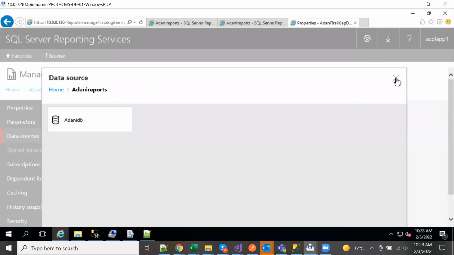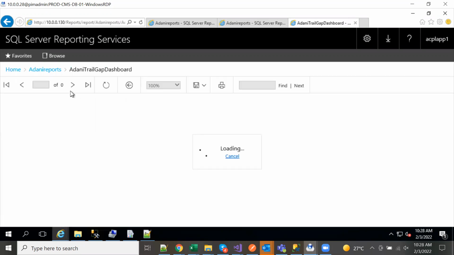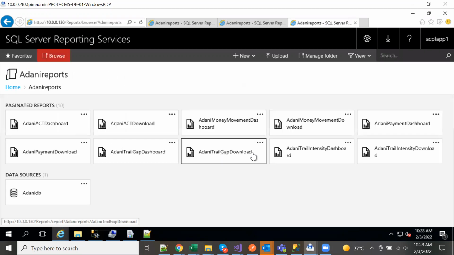Okay. So that's the linking between the data source and the RDL file. Okay. So likewise, you will have the trail gap report, trail intensity report, payment dashboard, money movement, right? ACT. So you'll have a dashboard and download. That's the combination like that.